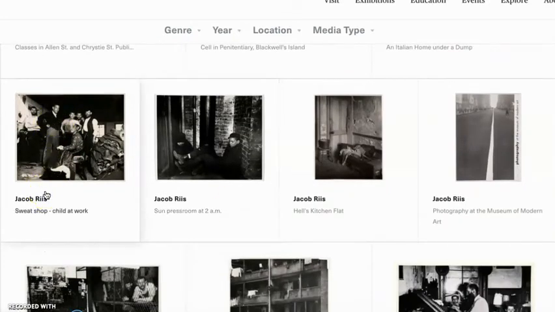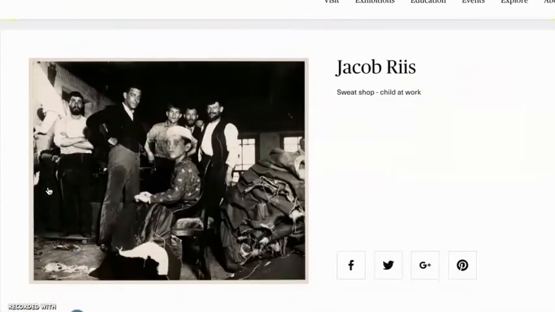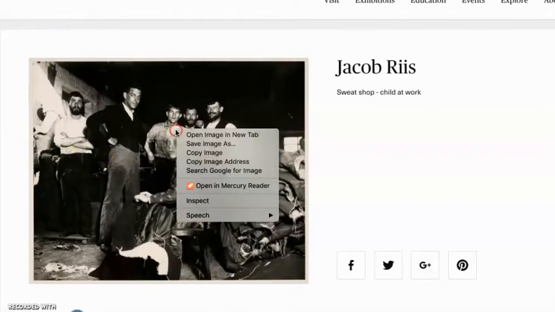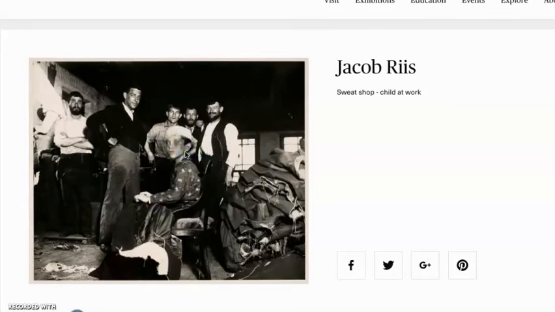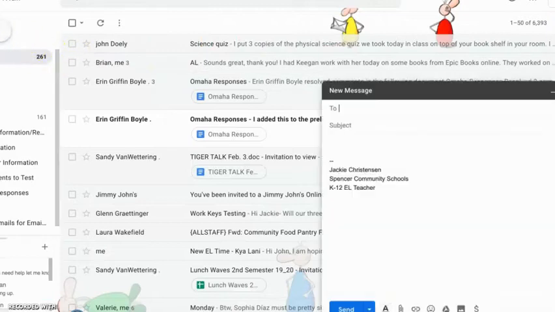So let's say I picked this picture. I'm going to copy this picture, so I can just right click and click copy image. Then I'm going to go to my email, and I'll just show you this quick. I'm going to click on compose,